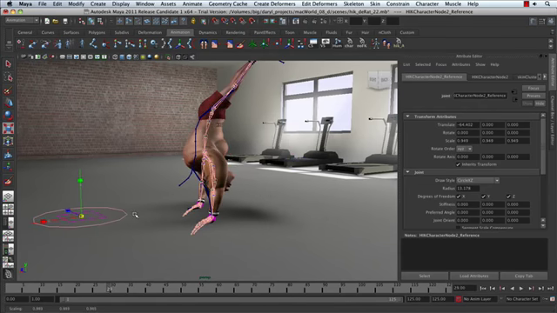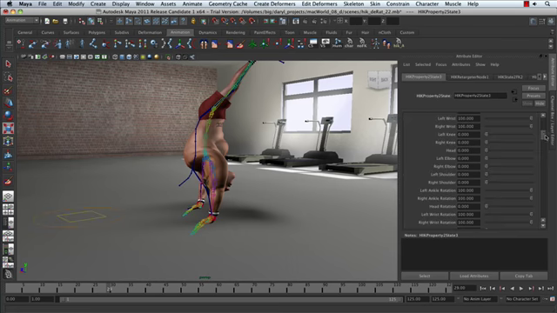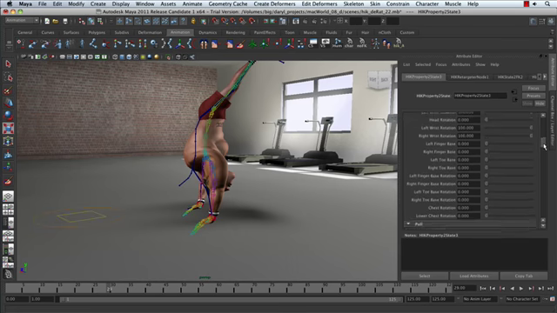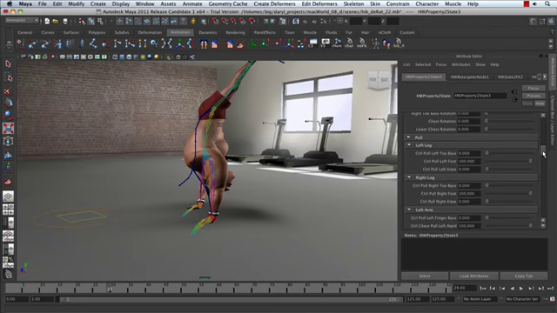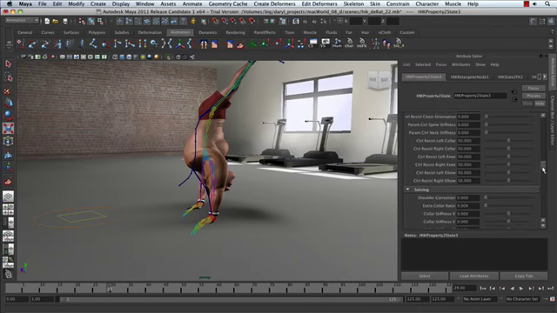I like him when he kind of compresses in a little bit here. Let's go look at some of the other attributes that we can play around with that help us refine the overall look of this. The first thing that I want to do is go ahead and turn on some floor contacts. So let's scroll down here